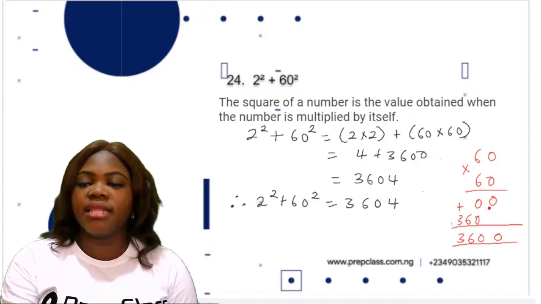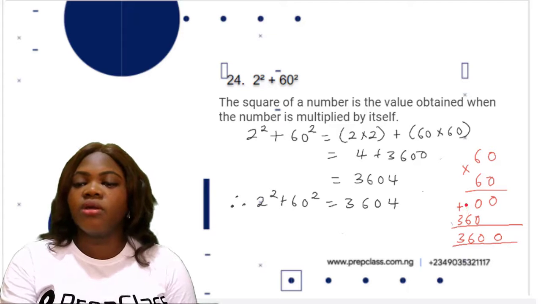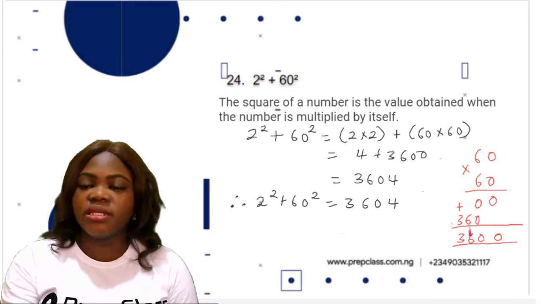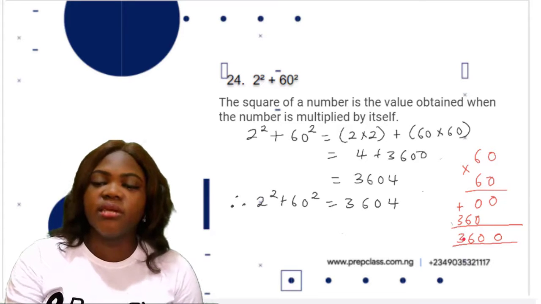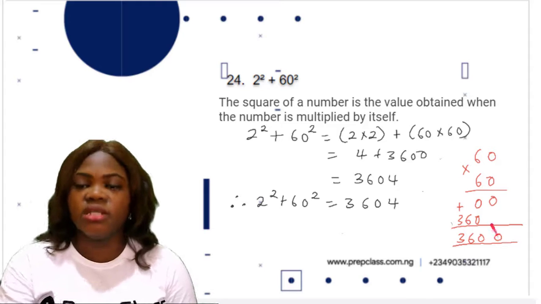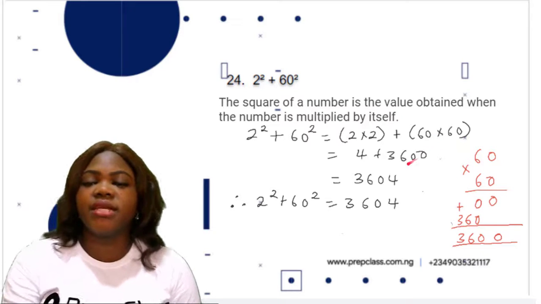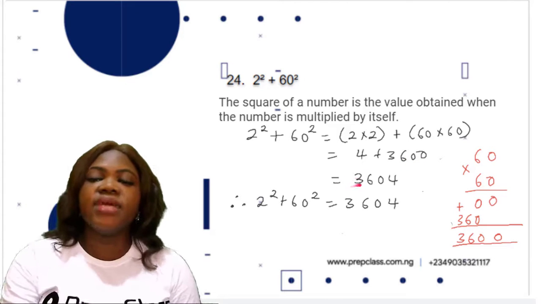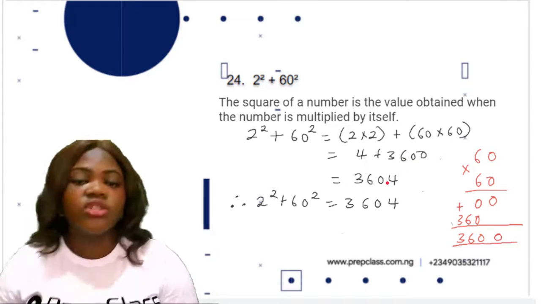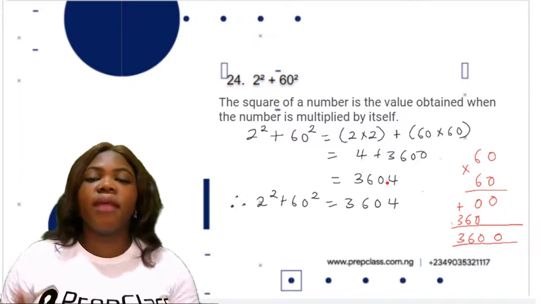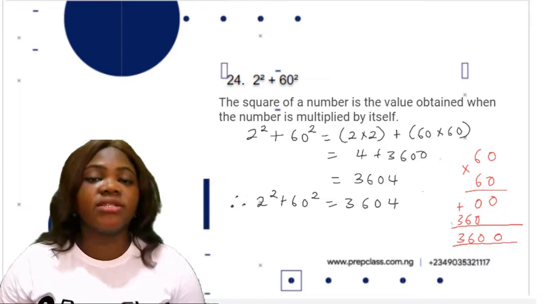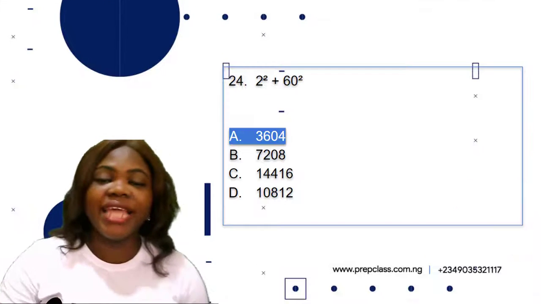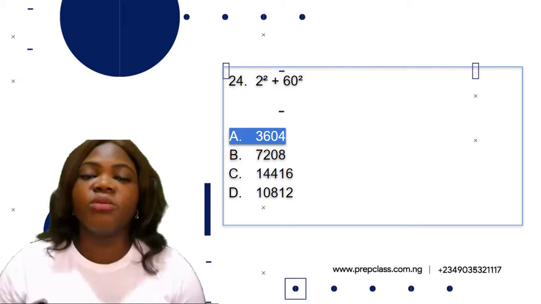Now let's add this together. 0 plus nothing is 0. 0 plus 0 is 0. 6 plus nothing is 6. 3 plus nothing is 3. So we have 3,600. So 60 times 60 is 3,600. Then 4 plus 3,600 is 3,604. So this means that 2 square plus 60 square is 3,604. And then the correct option here is option A,